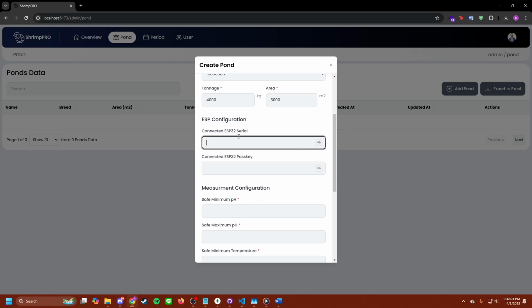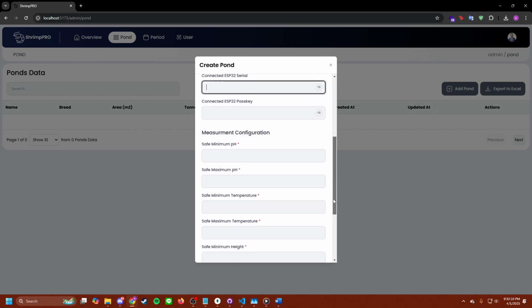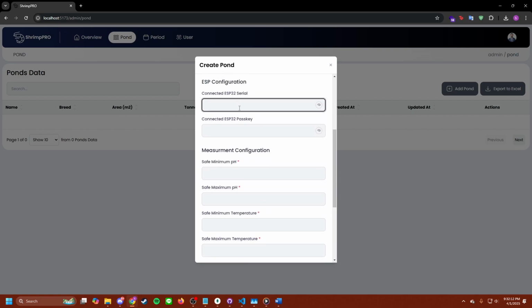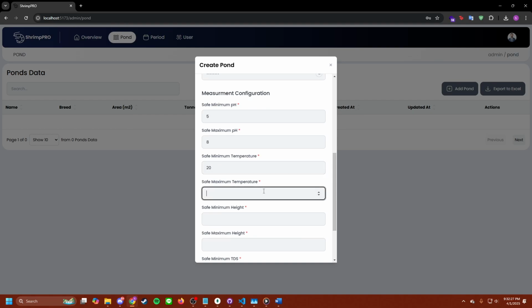So this actually crosses over to iteration 2, where we can connect an ESP32 serial and passkey and also set the minimum and maximum acceptable parameter range. I'm going to enter them here because why not? So let's enter serial 1 and passkey 1. Safe minimum pH is 5, maximum is 8, minimum temperature is 22, maximum temperature should be around 40,